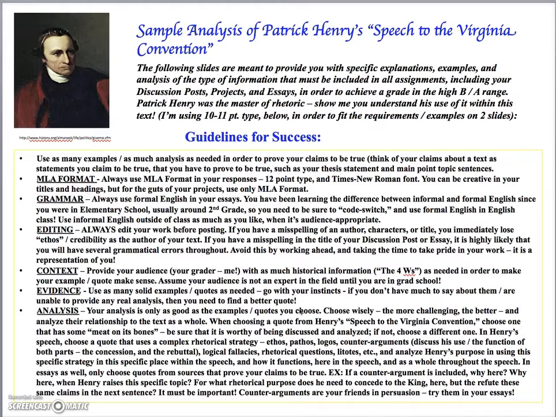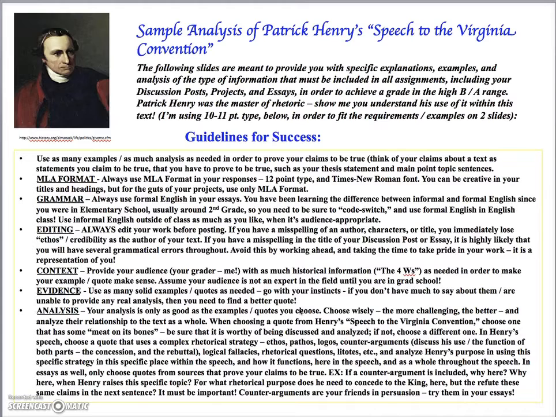But if you're using an easy example of a rhetorical strategy, don't expect a high B or an A. Sometimes I know we get behind and we're just trying to do what we do, but please don't be surprised if your grade is not up there where you want it to be, if you're not doing the difficult work, if you're not challenging yourselves. Okay,